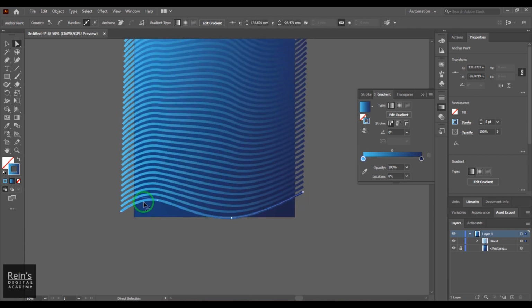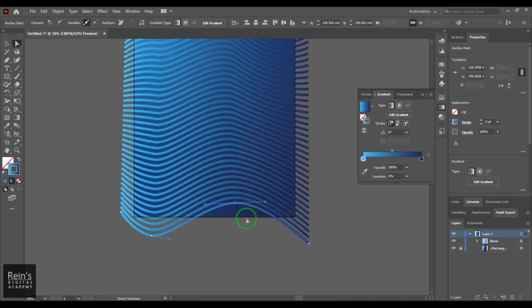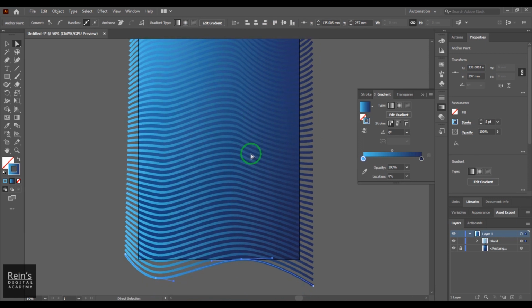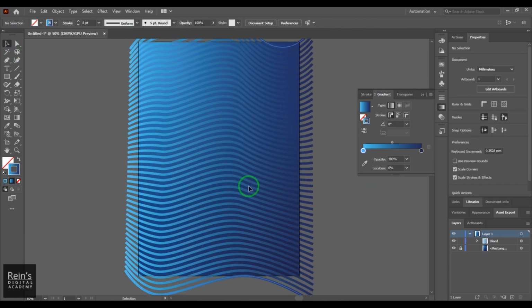And here I select the bottom one and then I'll move this one like that. And then you should be able to see that nice background going on here. Okay, so a blend tool generally helps you to create unique patterns, and